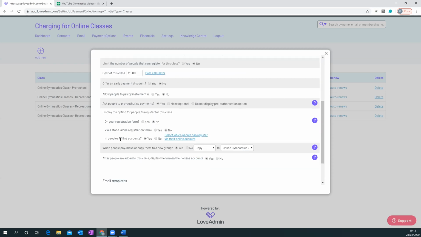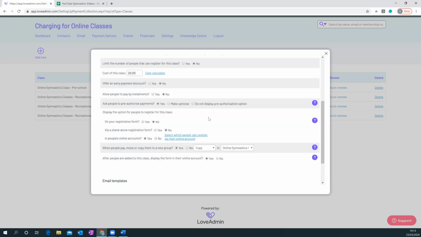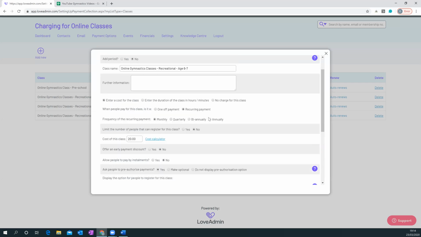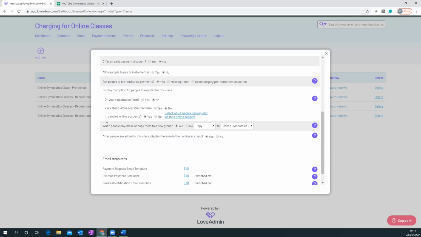We can say who can sign up for this class. So I've just created a group called Gymnasts and put everybody in there and said, look, anybody who's a gymnast is very welcome to sign up for this, the 6 till 7 group. It might be that you only want to let people within some of your existing classes access this particular 6 till 7 group. Down here, what we're saying here is when people pay for this class, do you want to